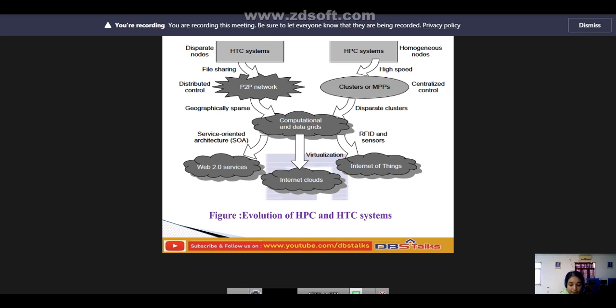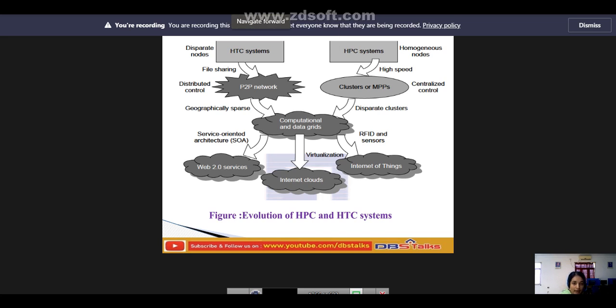This improvement was driven mainly by the demands of the scientific, engineering and manufacturing communities. So this is high performance computing. As an example in HPC, the top 500 most powerful computer systems in the world are measured by floating point speed. The number of supercomputer users is limited to less than 10% of all computer users. Today the majority of computer users use desktop computers or large servers when they conduct internet searches and market-driven computing tasks. So this is called high performance computing.